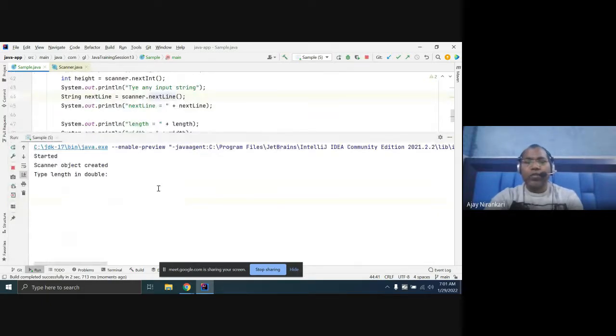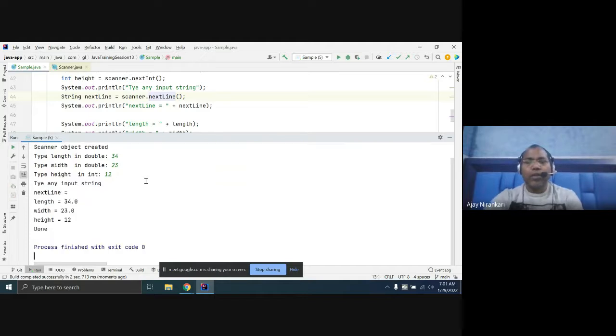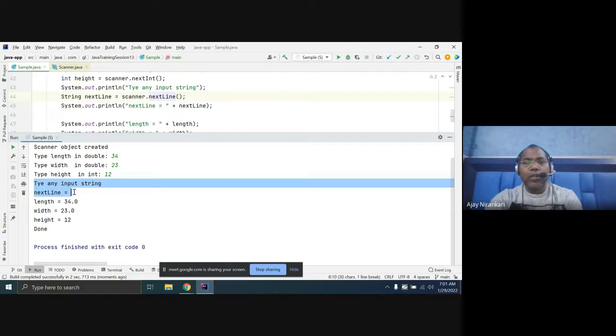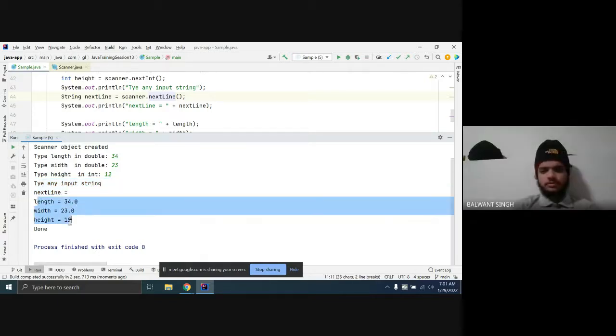Okay, type length. I have typed length here. Type width. I have typed width. Type height integer. I typed integer. Again you say here you are not getting the next line. You come here, right? Yes, sir. This was the problem.